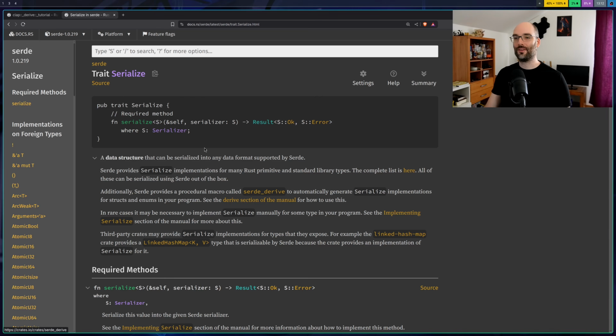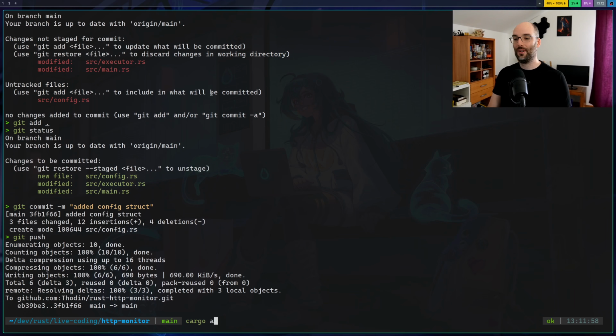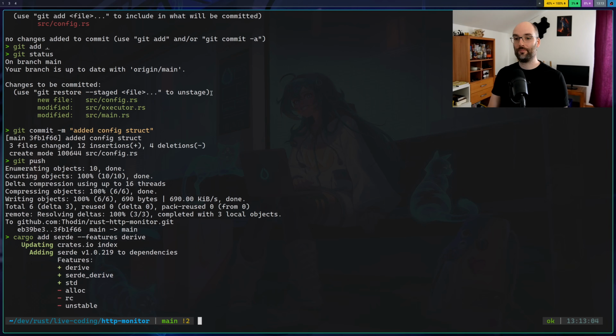Where are the docs? So we need a serde version. Whatever, we'll just do cargo add serde with features. The features we definitely need are derive. You always want derive.